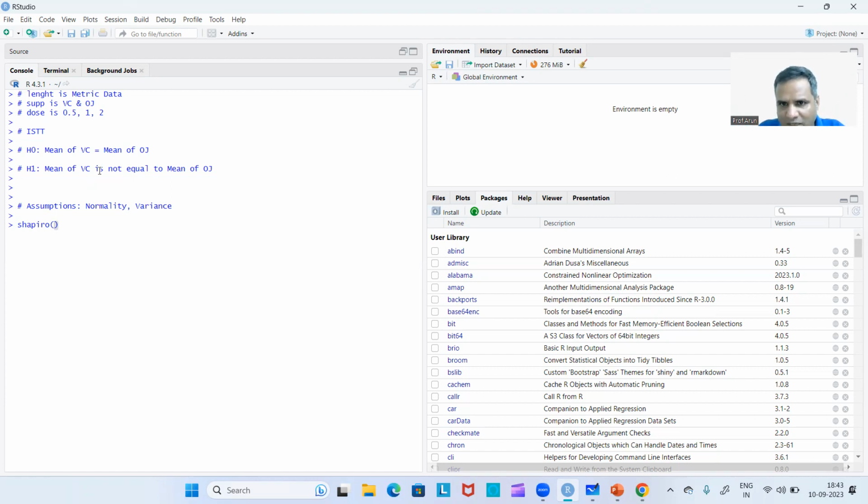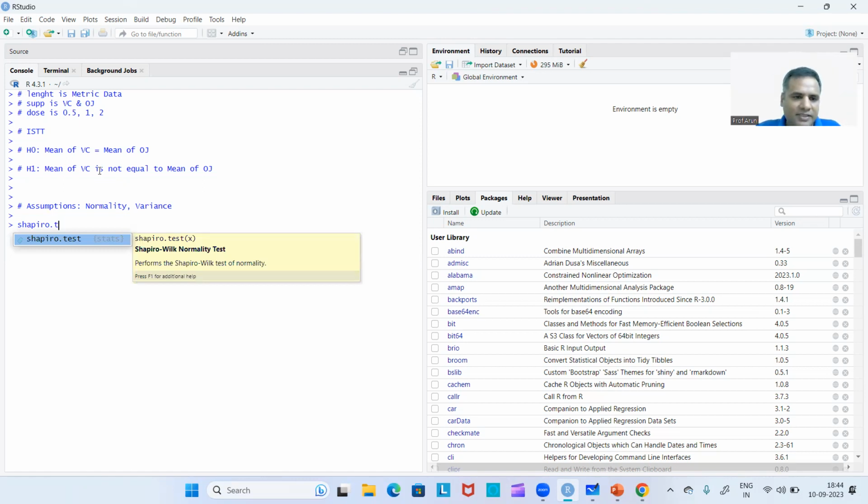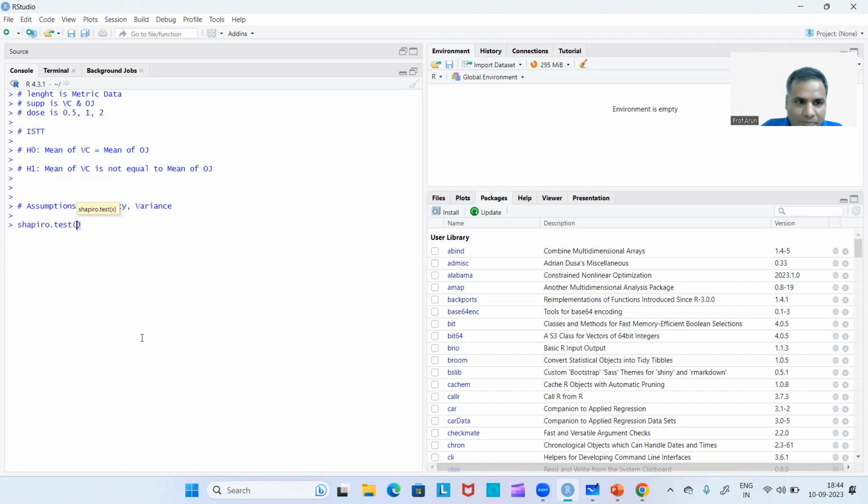तो जो आपका नॉर्मेलिटी टेस्ट होता है, वो कभी भी मेट्रिक डेटा का होता है। मेट्रिक डेटा यानी आपका डेटा या तो इंटरवल स्केल पे मेजर हो, या तो रेशियो स्केल पे मेजर हो। आई होप एवरीबॉडी इज अंडरस्टैंडिंग। So metric data means quantitative data, continuous data. हाँ, कंटिन्यूस डेटा, यस। सो मैं यहाँ पे लिखता हूँ शापिरो टेस्ट एंड मैं लिखता हूँ len, लेन, एंटर।